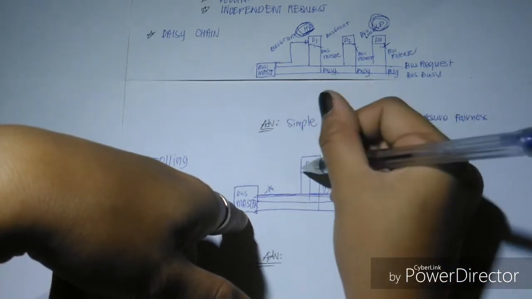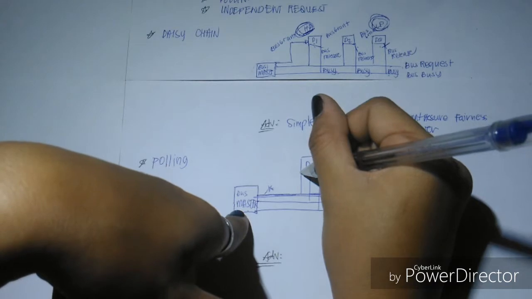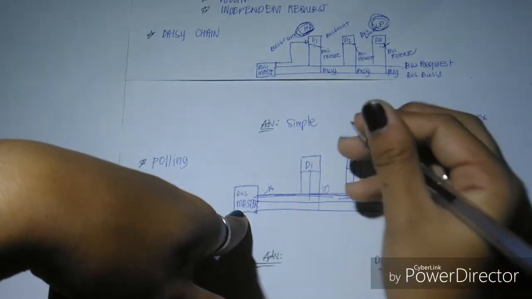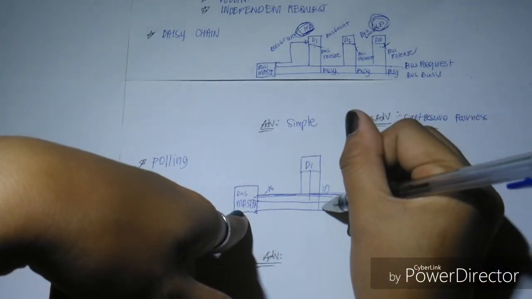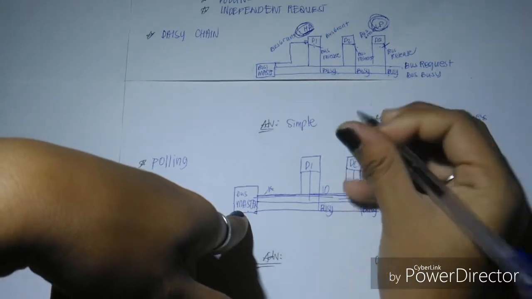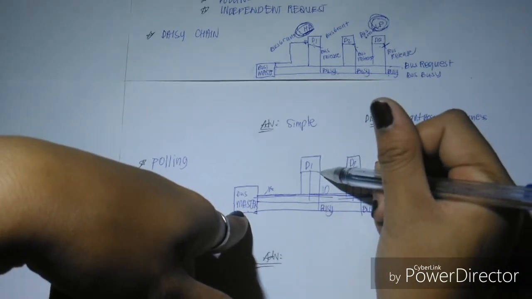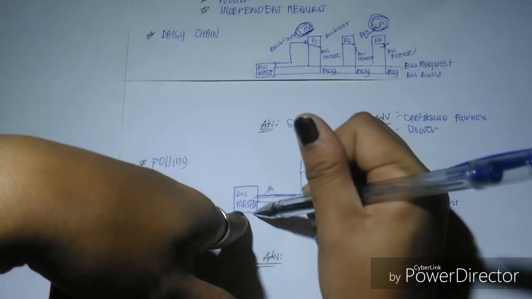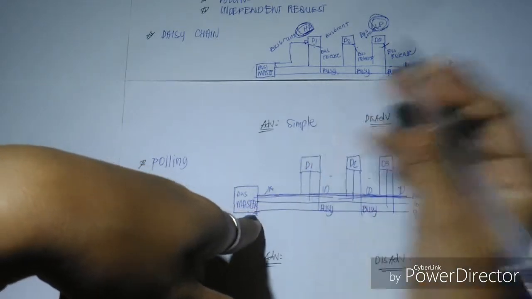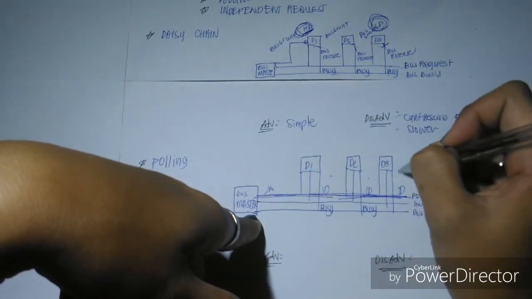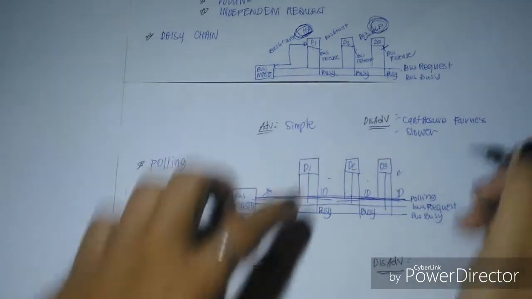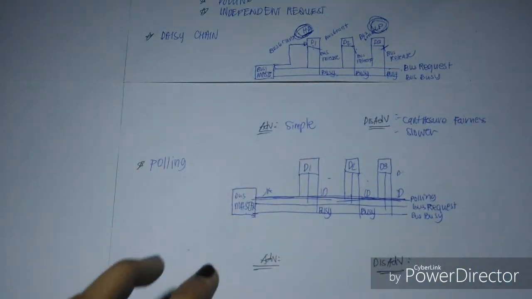So, si D1, pag tinik to ni D1, magsasend siya ng BC signal. So, after ma-accomplish ng work, magbabus release siya, tapos si bus master magde-decide ulit kung sino yung sunod. Tapos, sinunod niya si D3. So, ganun ulit. So, yung advantage nito is no